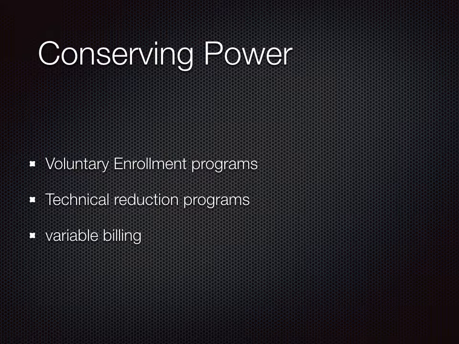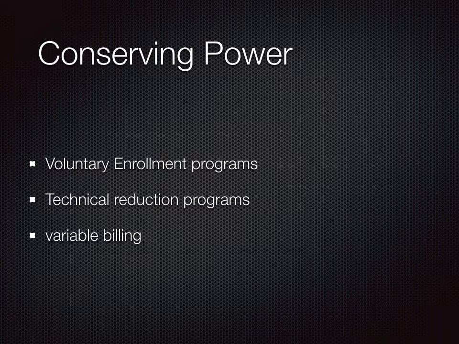There's also technical reduction programs. This includes something called voltage reduction, which can be used in the event of a disturbance upon the system to reduce the voltage at the outlet. This is a temporary solution, much like reducing the water heater load in the state. And this can allow the company to recover from a disturbance and again be invisible to the customer.